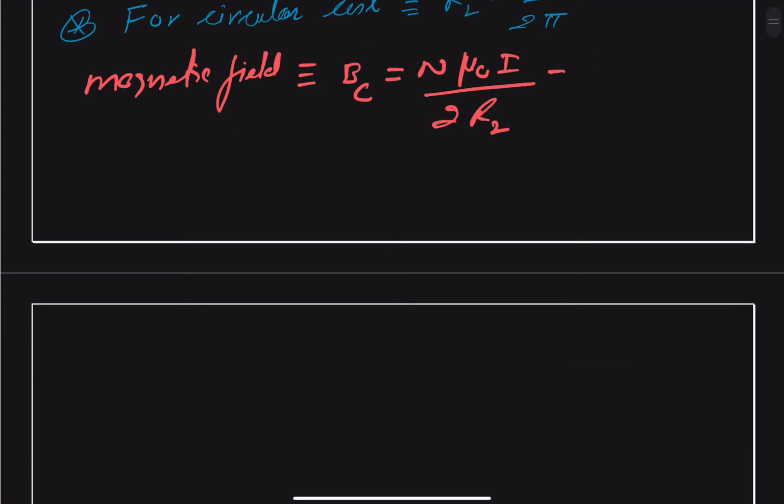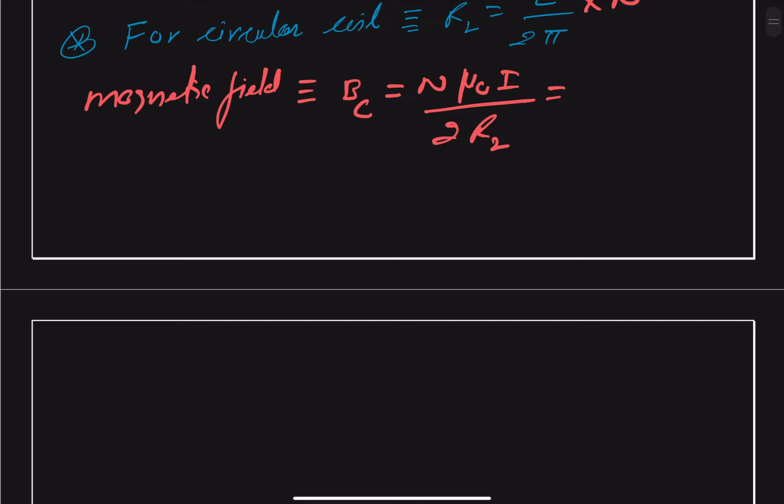We substitute the value of R2, we get this as mu naught I upon 2L,